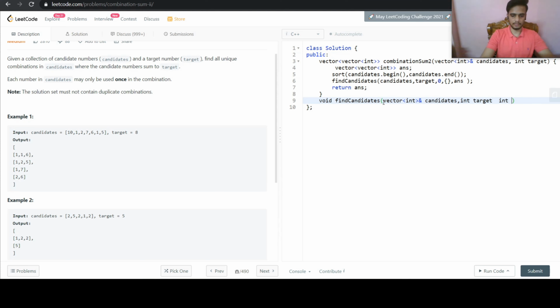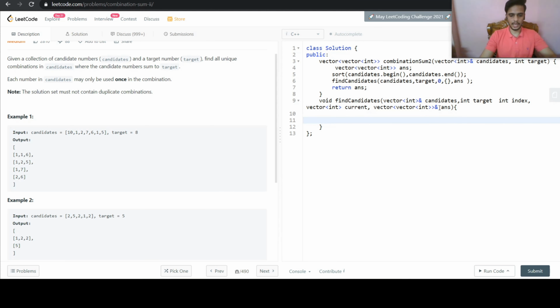Also, then we have int index. Then we have a vector of integer, name it as current. The next we have is vector of vector of int answer, and we will take it as a reference so that it doesn't copy itself again and again when we call the function.